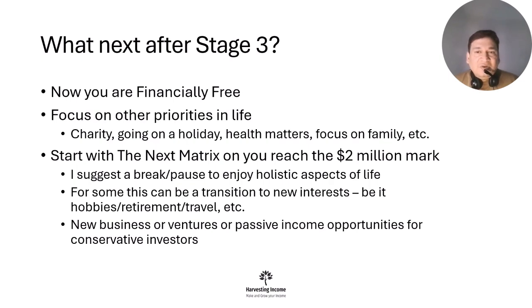Second, once you reach the $1 million mark and you have also focused on other priorities, now everything is okay. Now you want to do the next venture or start the next matrix. You can go on with the next matrix, start with $2 million and follow the same process that I mentioned to you. Instead of starting with $2,000, now you're starting with $2 million, and this whole matrix starts again.